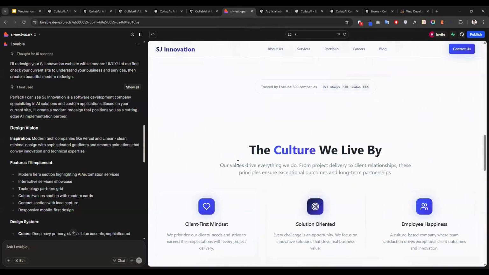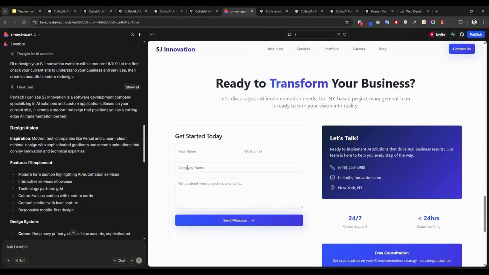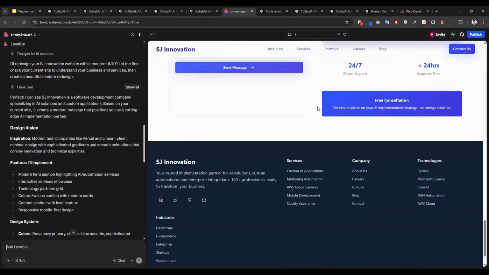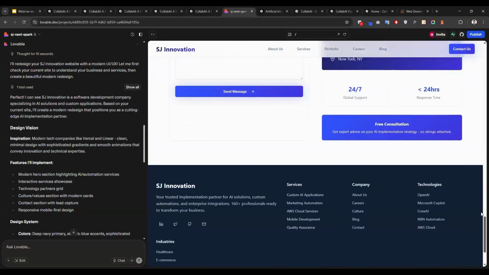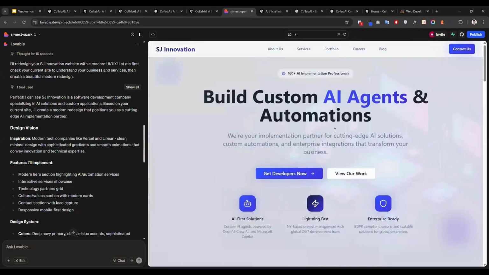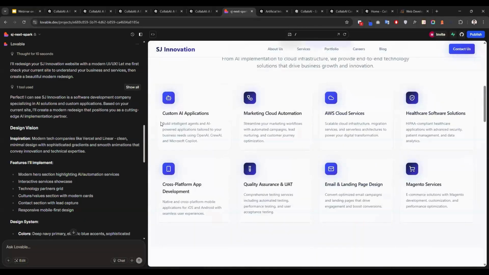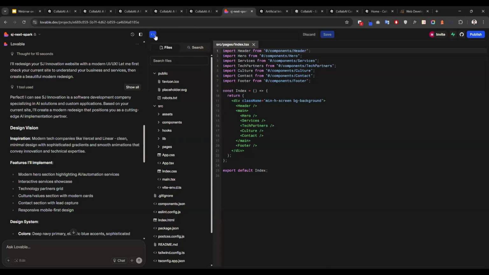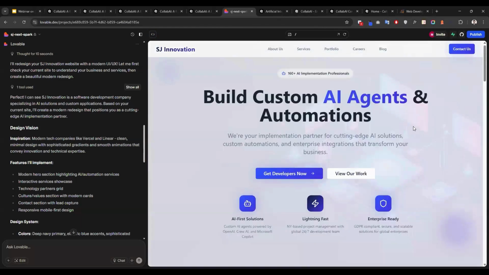Our Collabai already has created, with our Collabai prompt, we have given the prompt to Lovable, and from there it has created the proper website for you with the redesign and the link and everything. Those are workable links. See, it has given you the services and everything you need, and those are workable with proper code, and you can directly publish this website to your server.